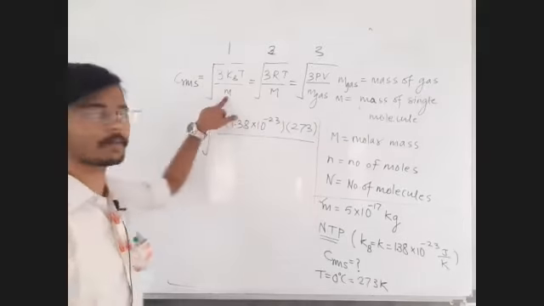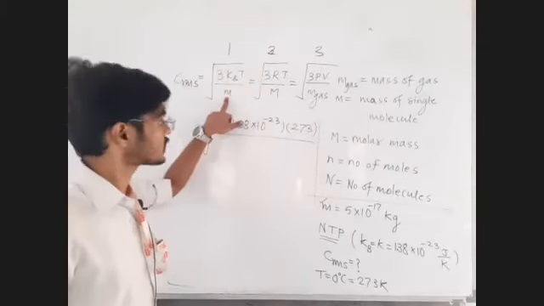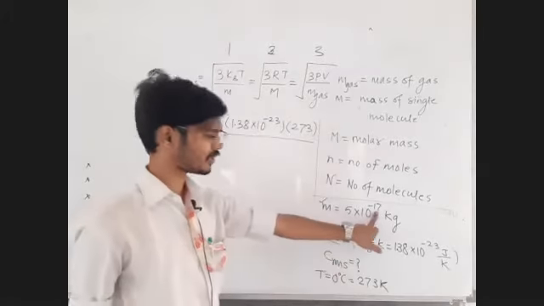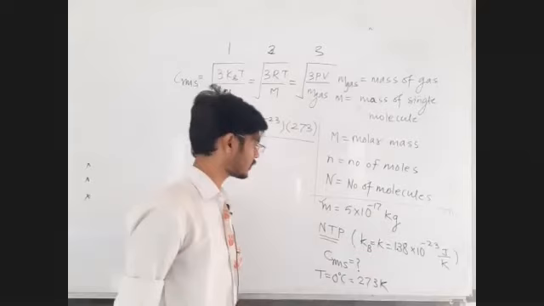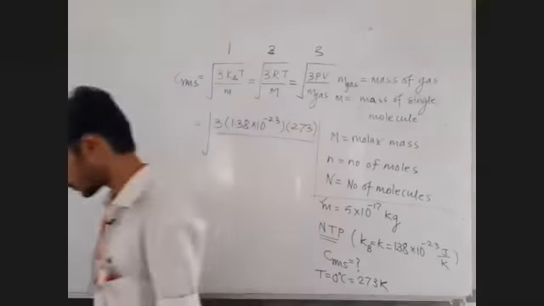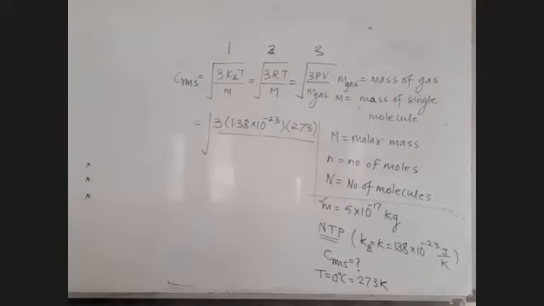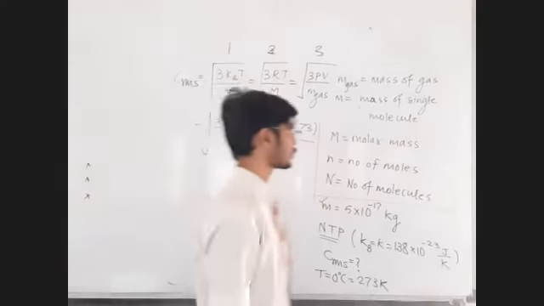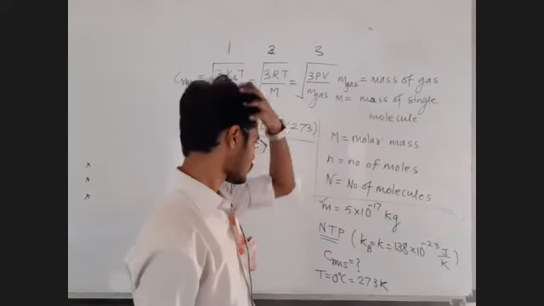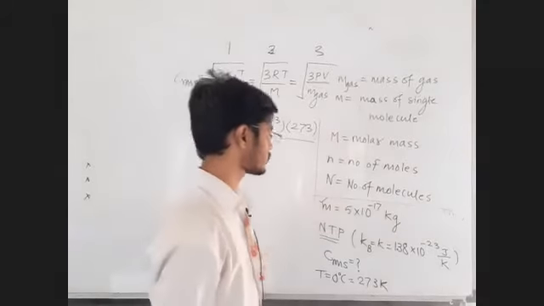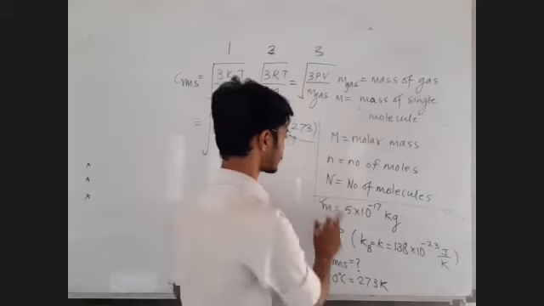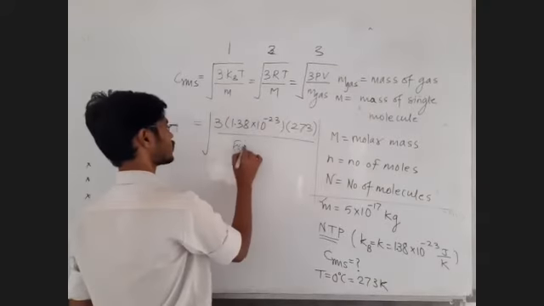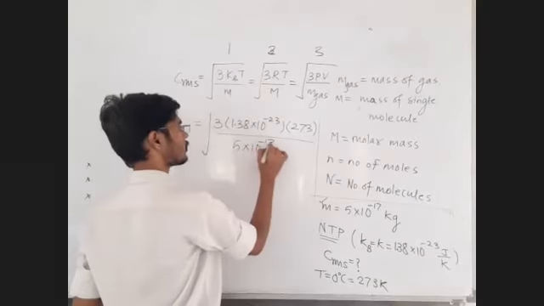Now this value of M I shall put into SI unit. The value is already in SI unit. No, is that minus 17? I think it should be minus 27. 17 it is. Okay, it is 17. Let it be. For proton or electron mass, we use minus 27 or minus 31. This is not a proton or electron, it is a bigger particle than that. Okay, let it be 5 into 10 raised to minus 17.